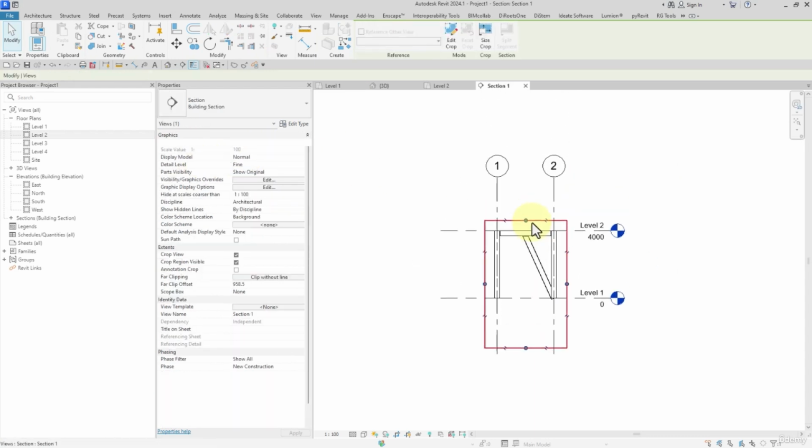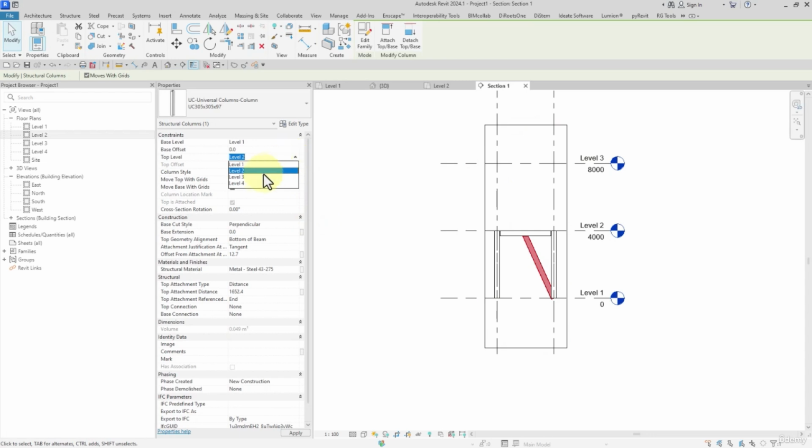The next one is top level. Watch this, which has been set to level 2, that we can set to other levels. But the point here is that if we connect the structural columns to foundations, to trusses, to structural framings and braces, they will join to these structural elements by default automatically. As you can see, I have connected the structural column to the beam and they are joined, and the top level has been set to level 3, but still it is not extended. But the value of top offset is minus 4000. In fact, the length should be started from level 1 to level 4, but it is not extended because of